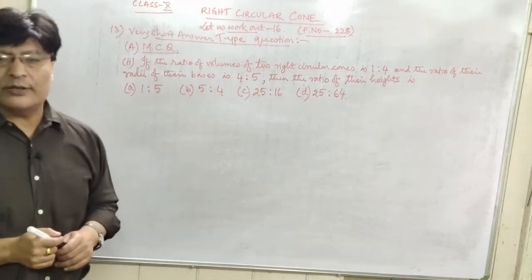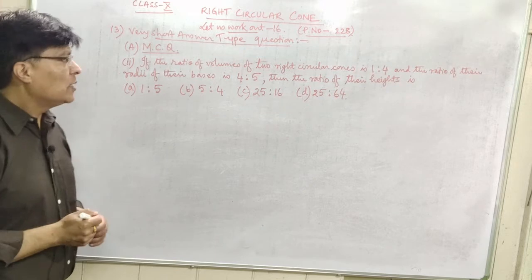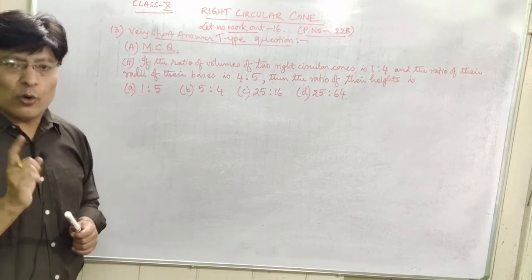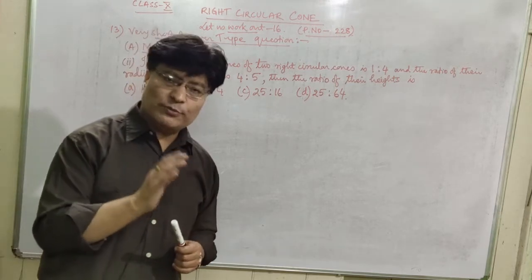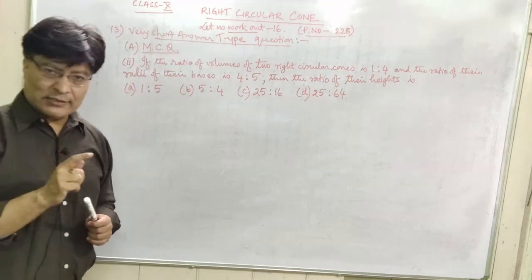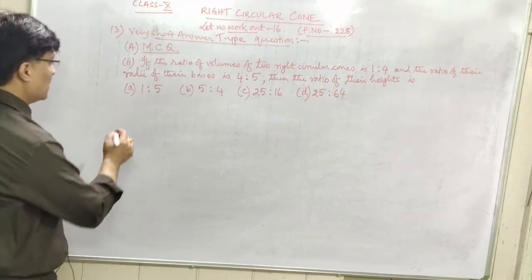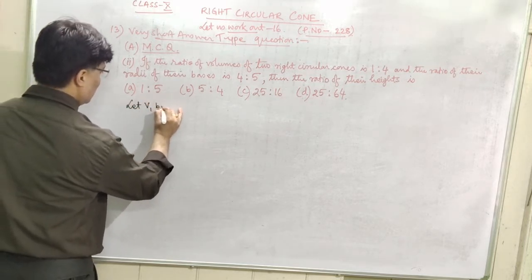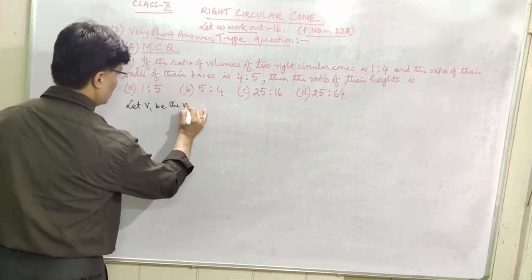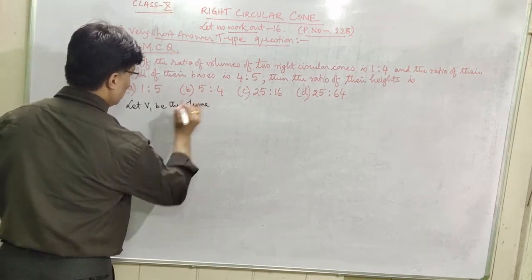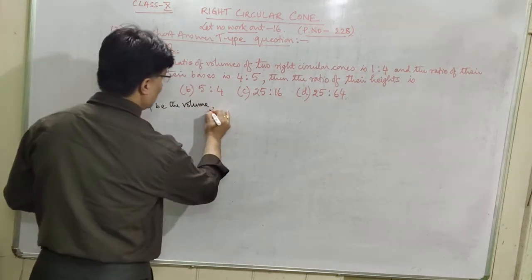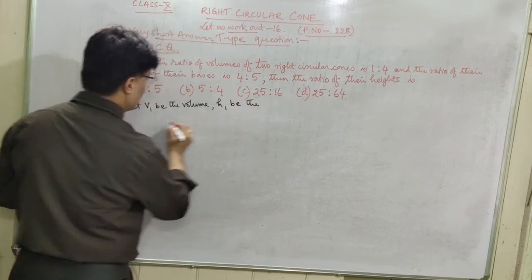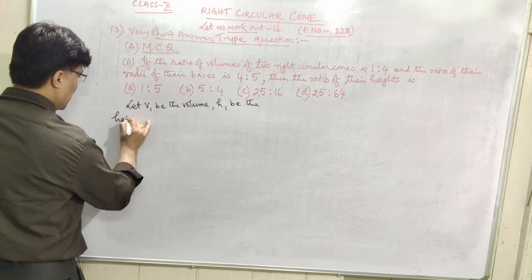Which is the correct answer? You have to check it. Okay. So for these two right circular cones, let us assume their volumes, radius and the height. Okay, let V1 be the volume, H1 be the height,